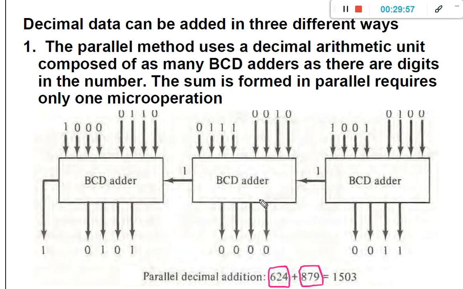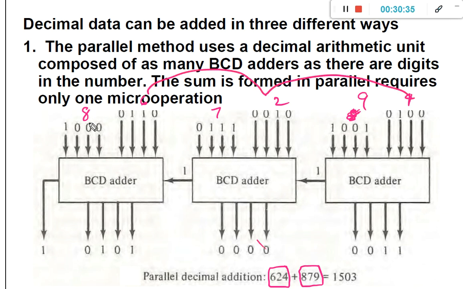So here in this diagram we have seen how to add 624 plus 879. We are going to add 624 plus 879. This is 8, this is 6, this is 7, this is 2, this is 8, this is 9, this is 4.